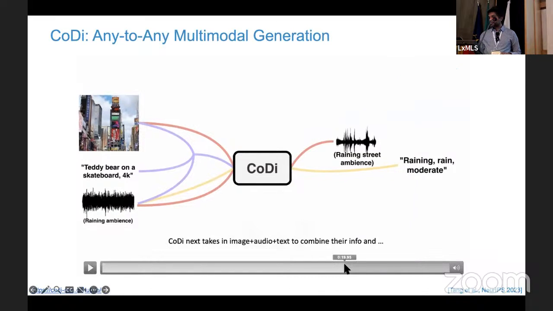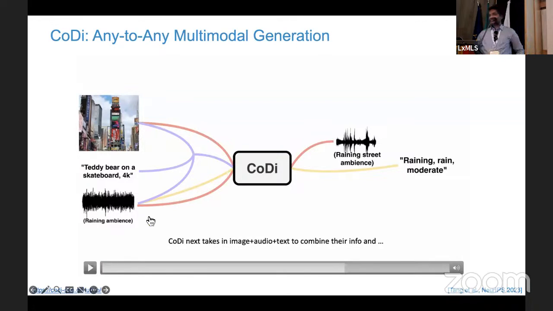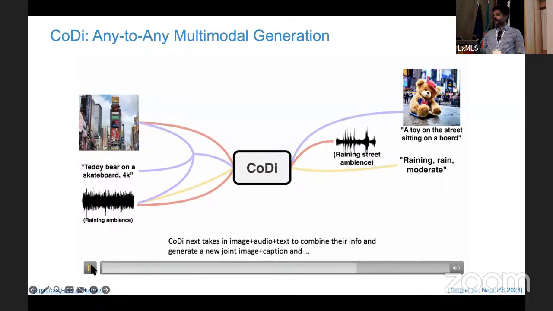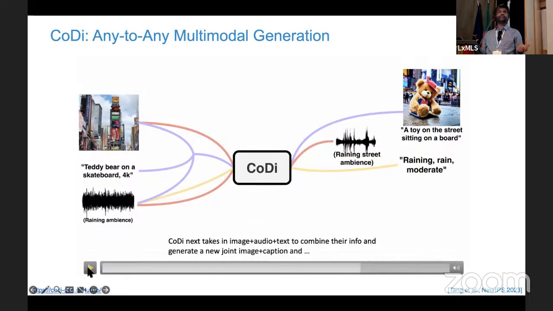I can also tell it to do a more complex thing. I can say, take the three purple arrows. Now take the image, the text, and the audio, and generate an image plus text. What it does now is take the sentence and convert it to an image, where it shows the teddy bear on the skateboard. It keeps the image background of the busy New York street. And if you see, the floor is wet because of the rain from the audio clip. So these are three LDMs, latent variables, being mixed.